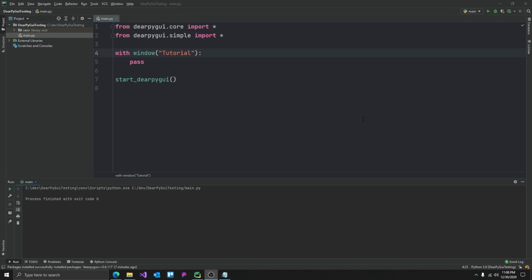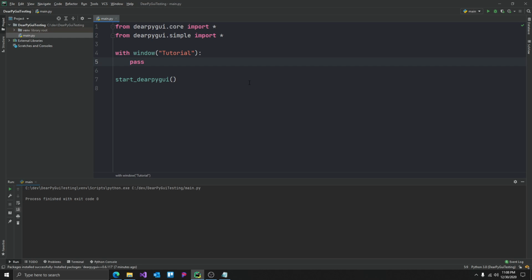In this video, we're going to talk about tooltips and the simple plot widget. The simple plot widget, by the way, is not the complex plot that you see in a lot of the demos and things like that. We will cover that later. Right now, we're just talking about the simple plot, which is really just useful for plotting really simple